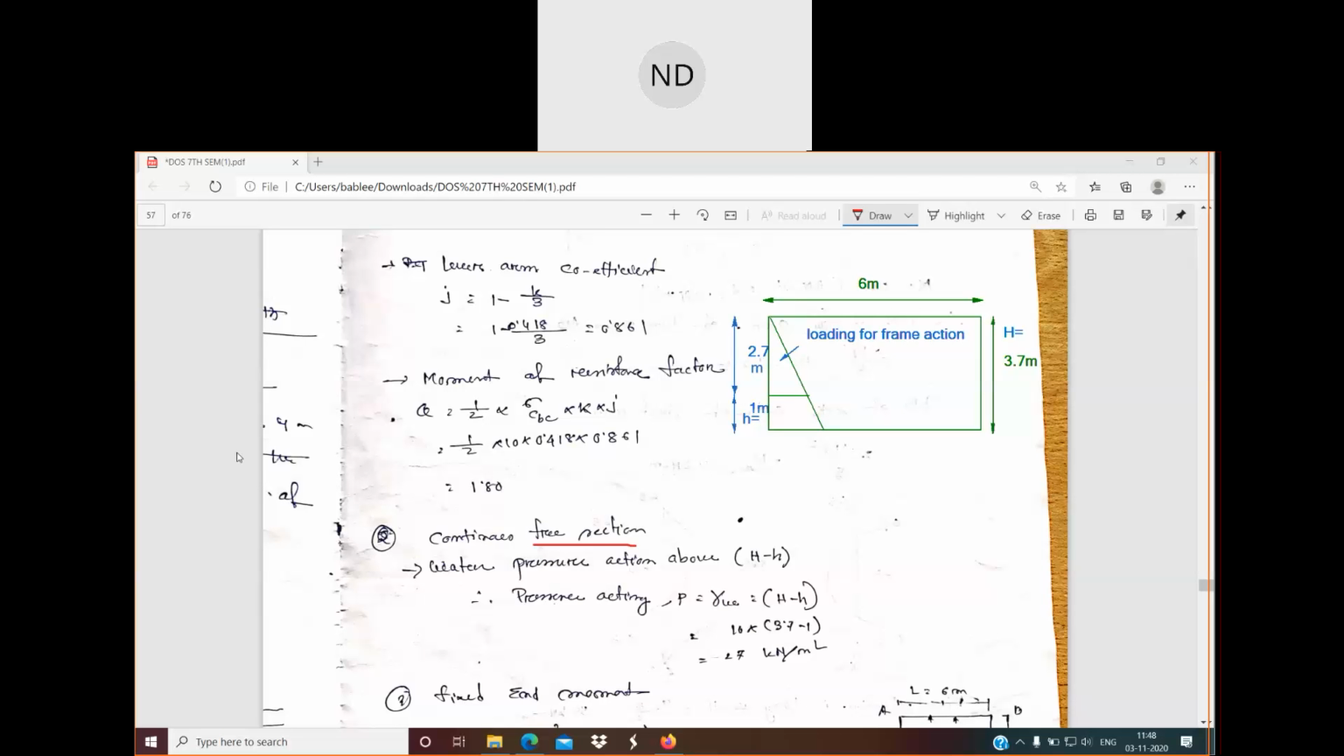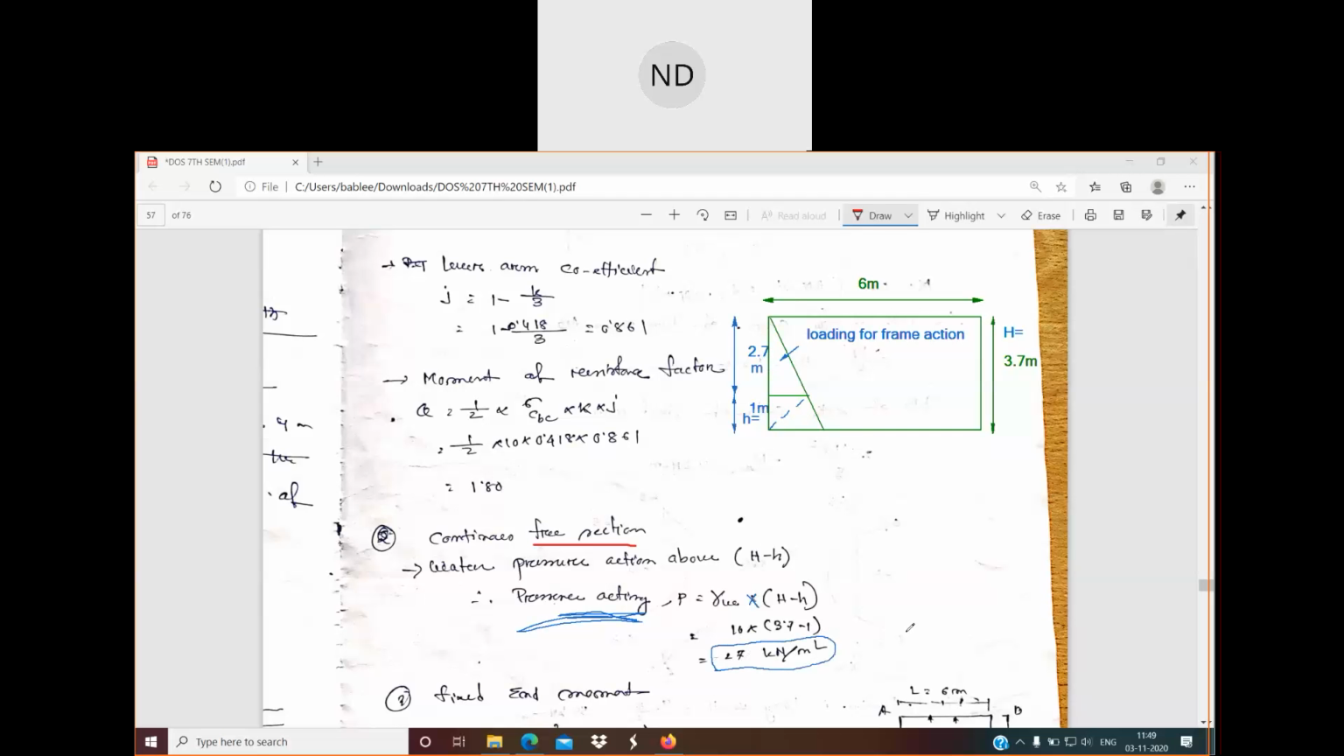Now if I draw here a pencil, suppose this portion, this is your load. This pressure which is acting is gamma W into H, which is capital H minus small h, 2.7, and then we have the total as 27